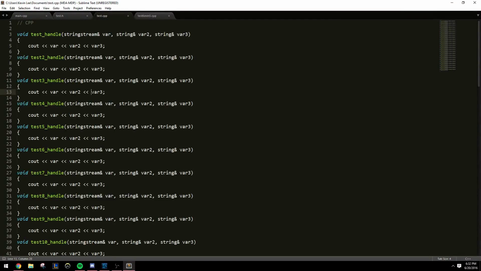You can do so many things with this. If I found out that I actually need to do var3 and then var2, you can just do a macro for copy and pasting. You can copy it, paste it here, copy this, paste it here, and then now if you just go over here, you can just macro that,